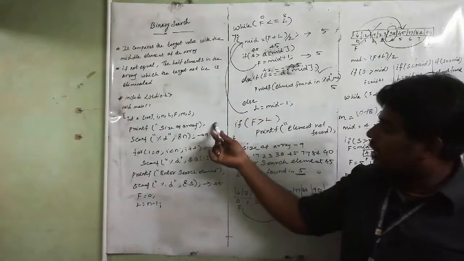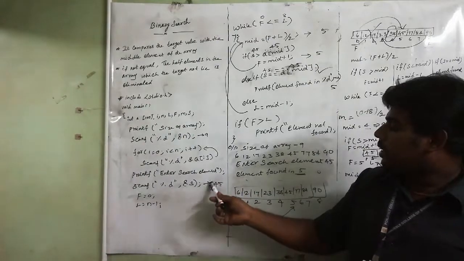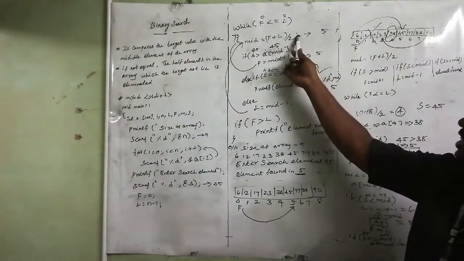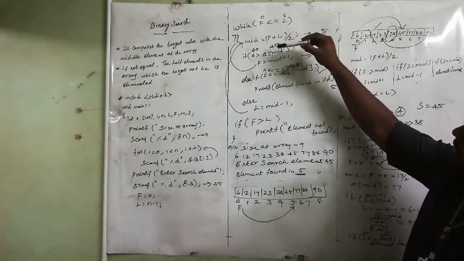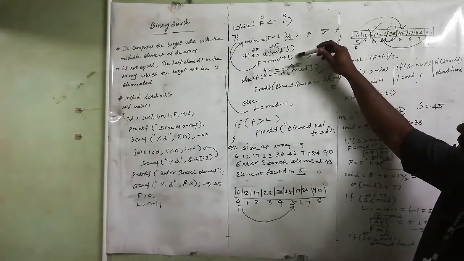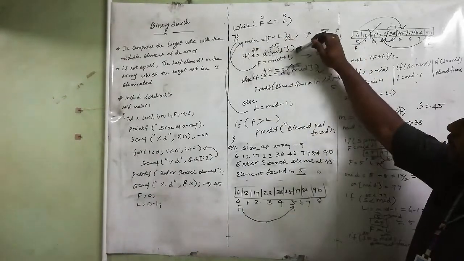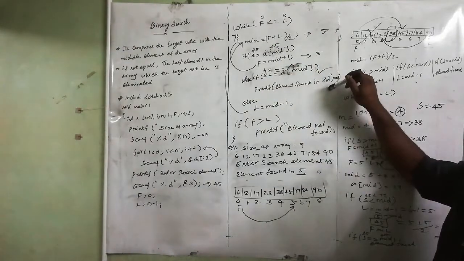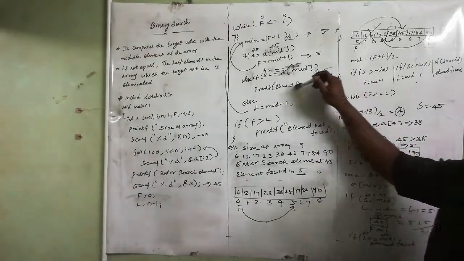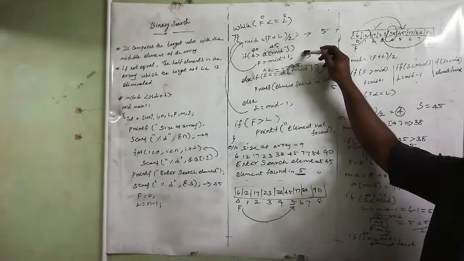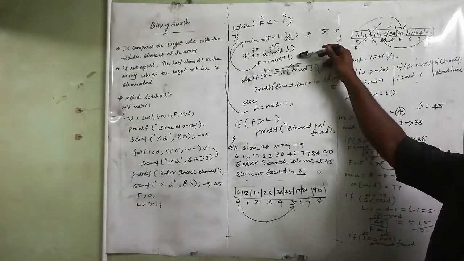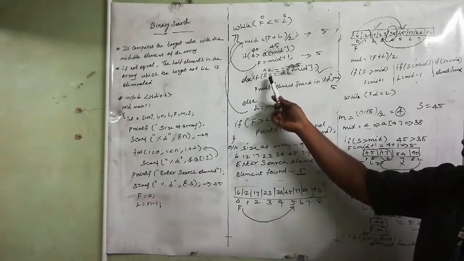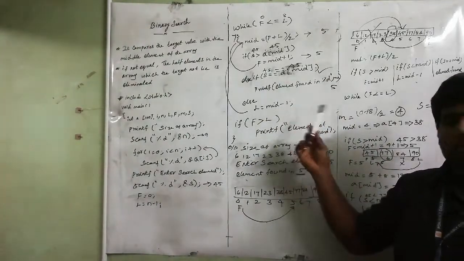First I declared the array, then I get the array inputs, then I am getting the search element, then I am starting the while loop from first to last, finding the mid. First condition, it will check if this condition is true. After completing this, it will go back. Again it will find the mid. If this condition is false means else if. If this is true, it will print element not found. Again, otherwise it will go back and find the mid. Then it will check one by one. If this is false, then this will be work. Okay. Whenever the search element is equal to mid, then element found.